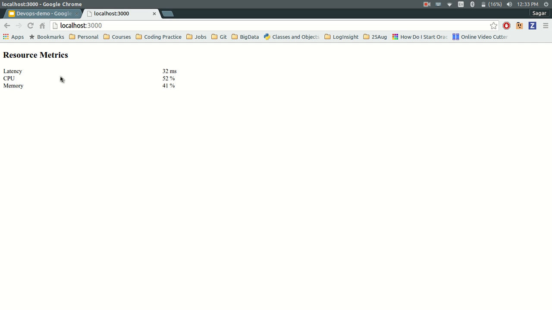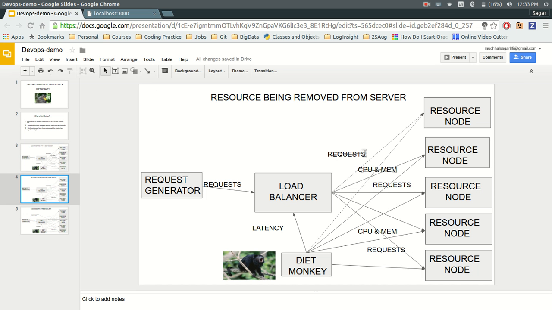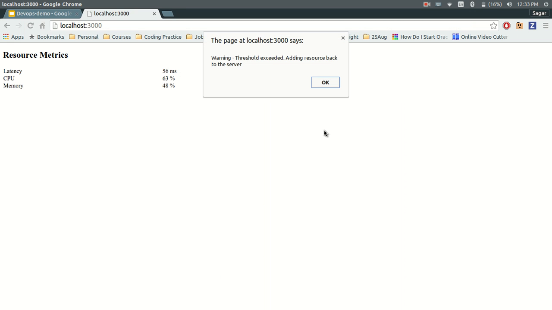So now we can see that we have 5 nodes in our system, and these are the current latencies, CPU and memory usage. Now one node is being removed from the system, since our latency threshold is 50 milliseconds and that has not been exceeded. Since one node has been deleted, the latency has gone up, because the number of nodes handling requests has been reduced. And right now, since another node has also been removed, the latency has gone above 50